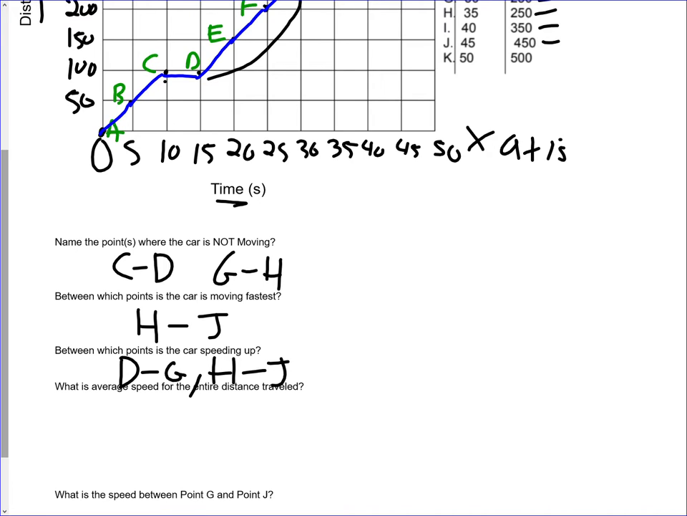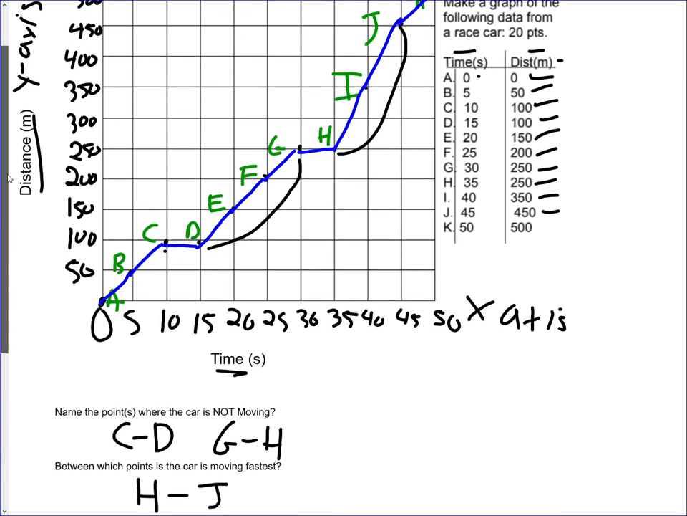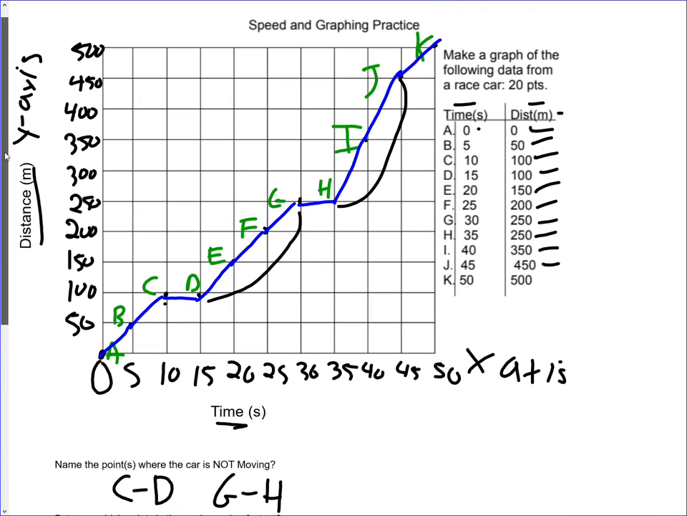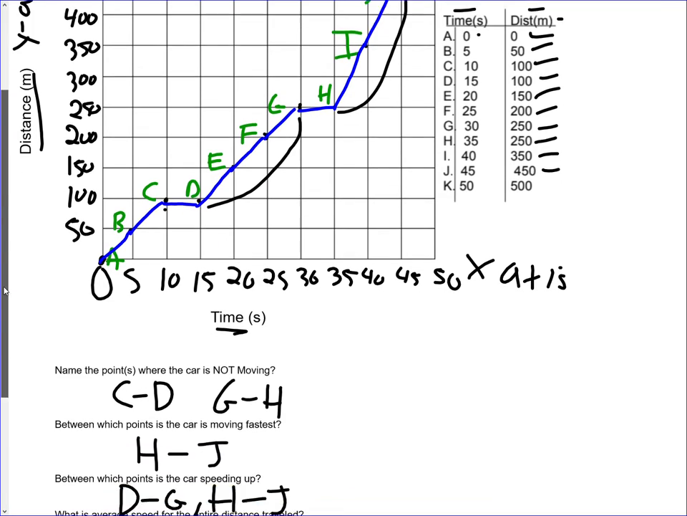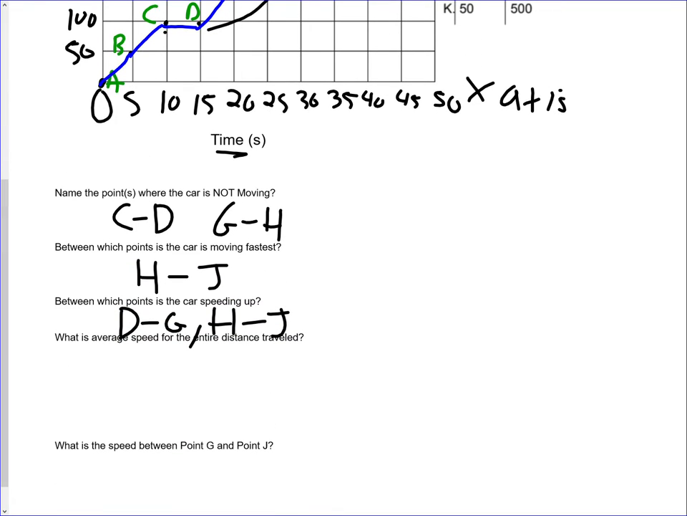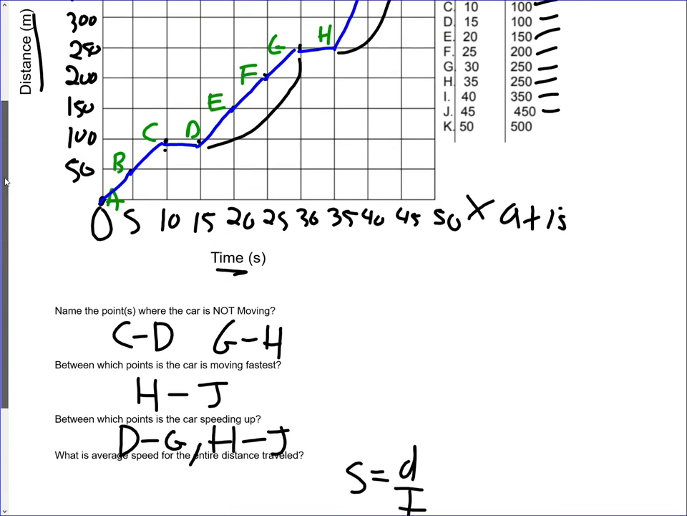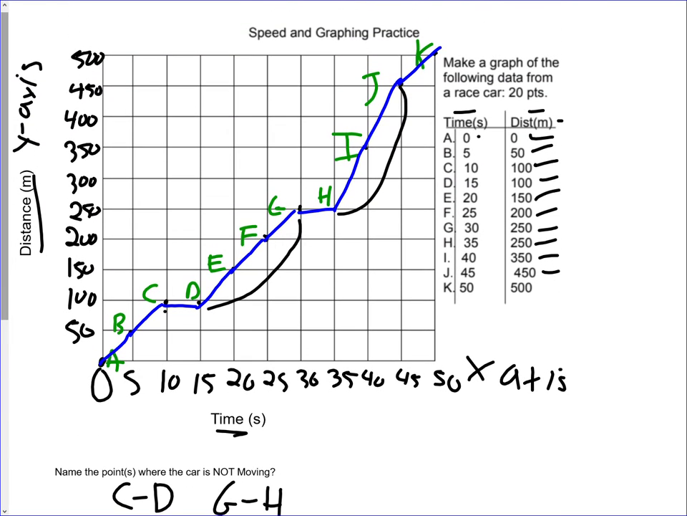So our next question is, what is the average speed for the entire distance traveled? Okay. So just a reminder, guys, when we calculate speed, we know speed is equal to distance divided by time. Okay. So when it says the entire distance, that's talking about the whole trip. So if we take a look here,